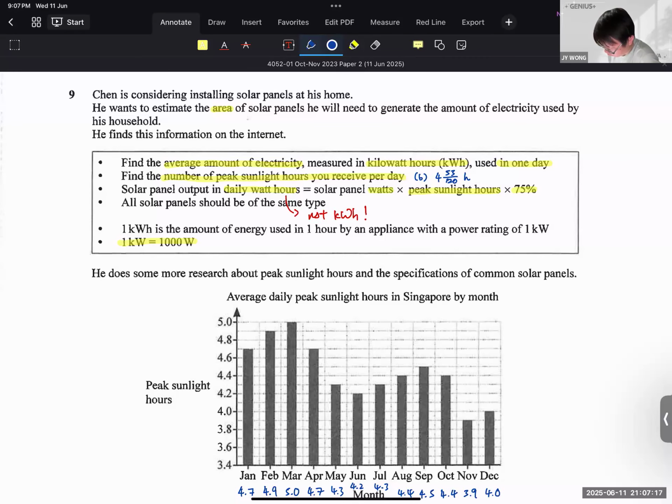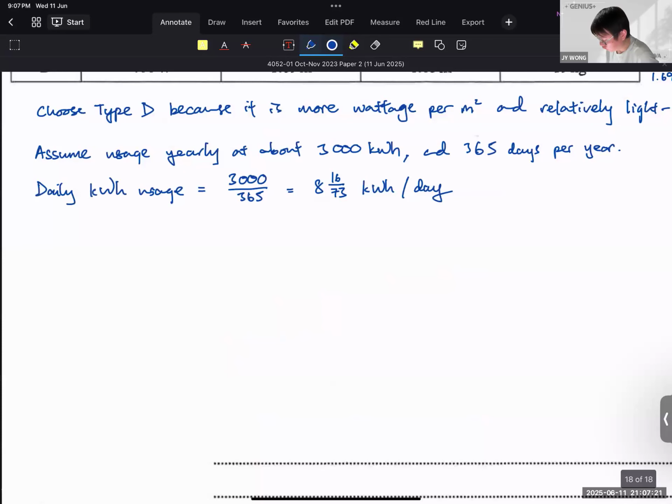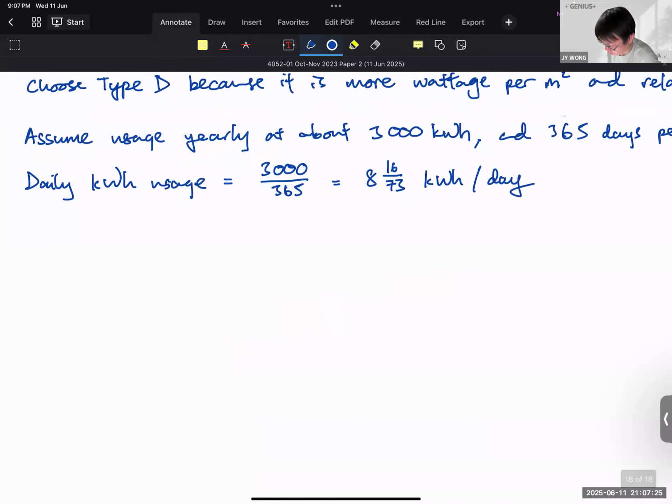So next, we need to find our solar panel output, right? So daily kilowatt usage is equal to this kilowatt a day, right? So maybe I should not use daily kilowatt usage. I should say daily electricity usage. Okay, actually, never mind. I just call it daily usage. Because I need to change my kilowatt hour into